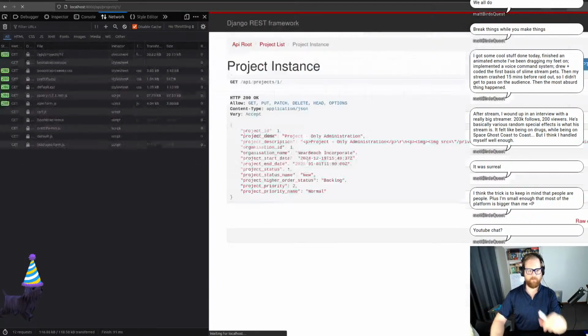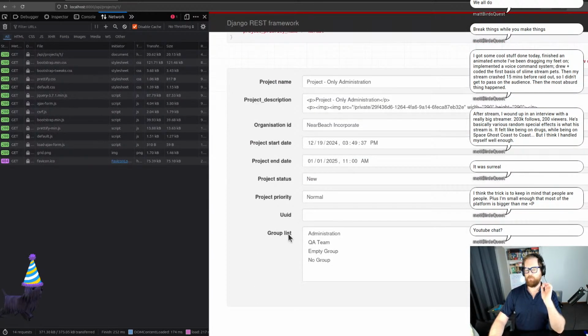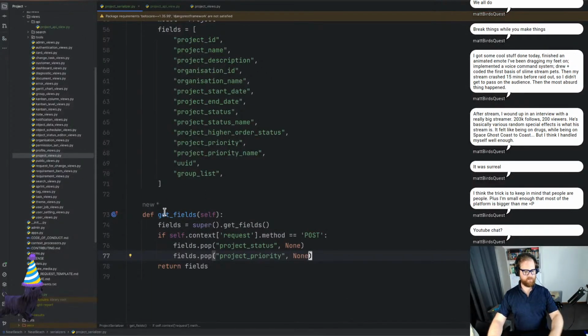Now, if we go into number one, we'll need to remove the group list because that will be happening in a different way. So what we need to do